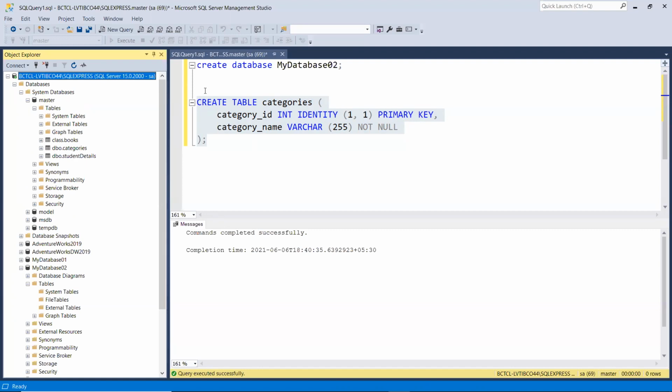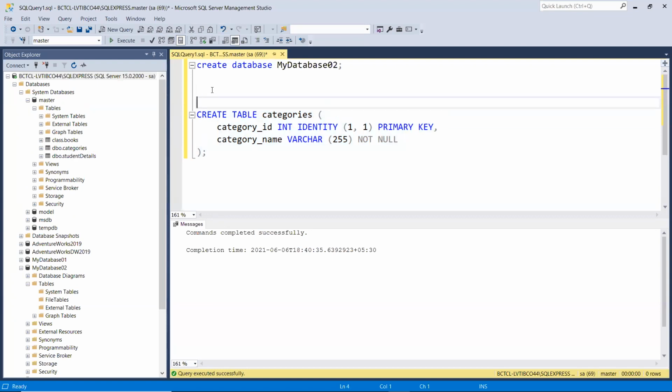So to make use of a particular database, we have to define use my database 02, sorry, not user, use.